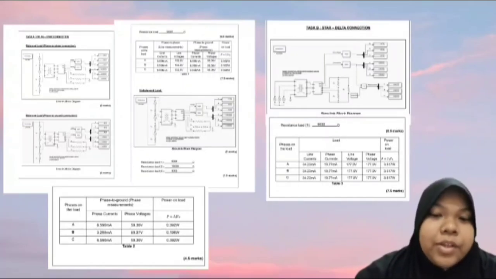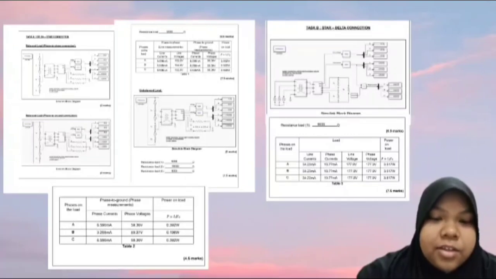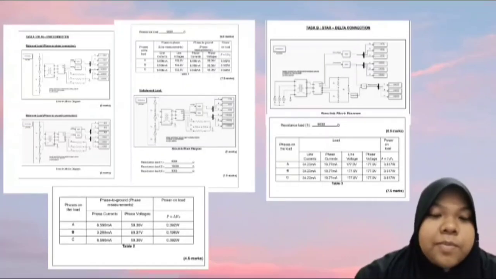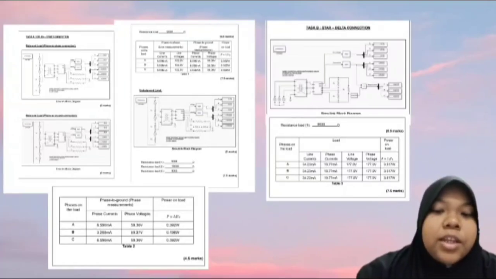For R1, we set 9k ohms, and for R2, we set 18k ohms, and then for R3 is 9k ohms. So our result in table 2 clearly shows the currents are different for each phase, which is for I1 is 6.596 milliamperes, and for I2 is 3.298 milliamperes, and for I3 is 6.596 milliamperes. So this difference in current indicates an unbalanced load, which can cause issues like overheating and inefficiency in